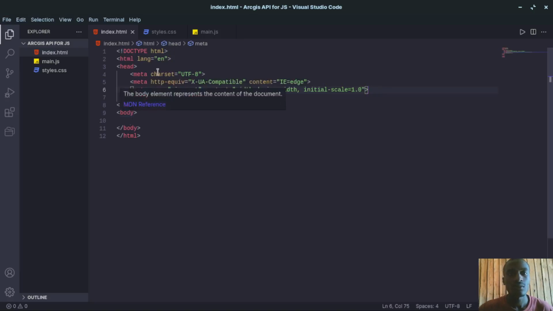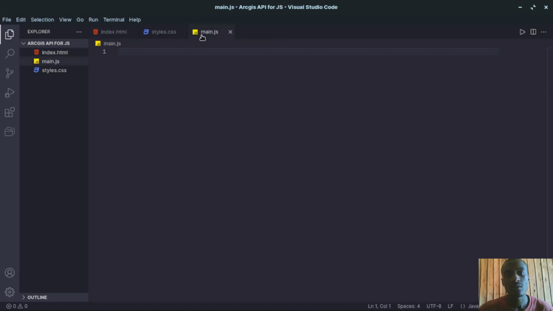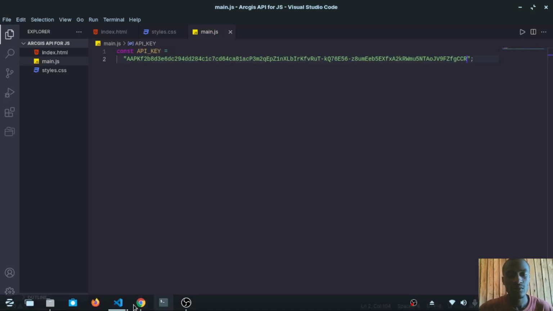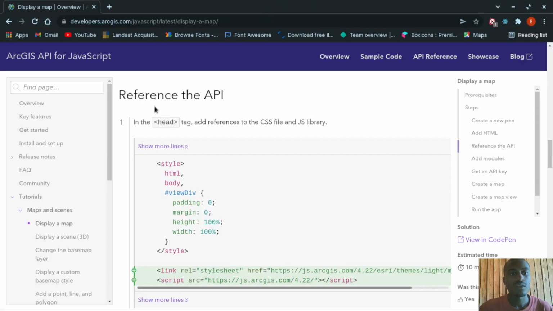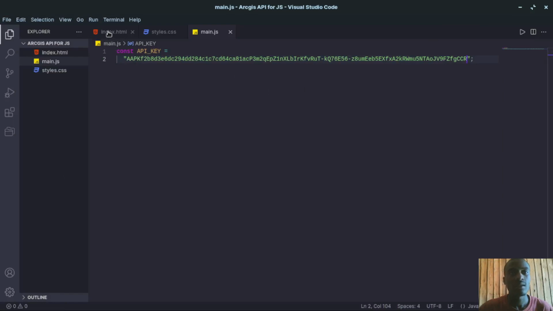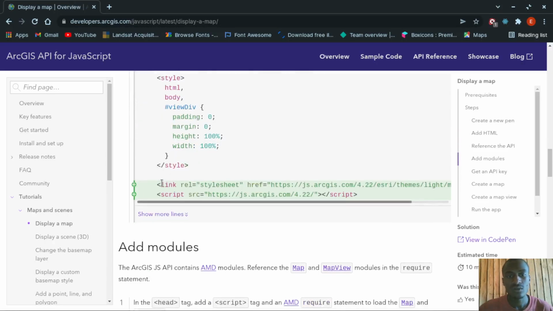Okay, so after this, go to your main.js file and create a constant variable, which you're going to call API key, and in it you're going to store the API key which you just copied from your dashboard. Okay, make sure you paste it there. After that, now go back to your index. No, just come here first and copy the style sheet and the script tag. Copy them